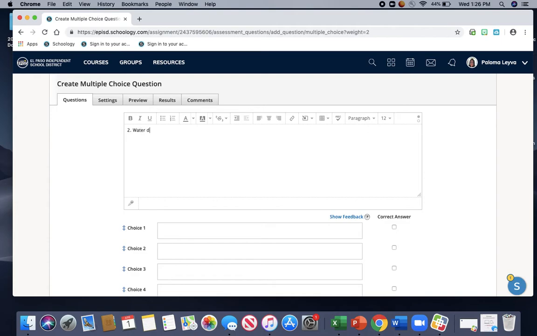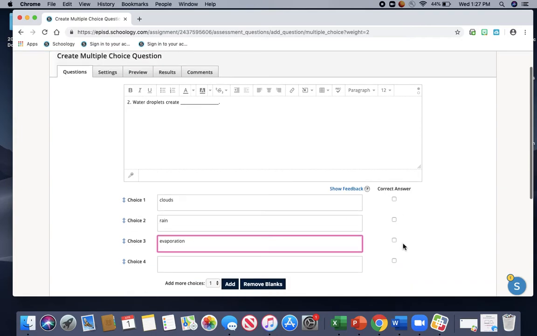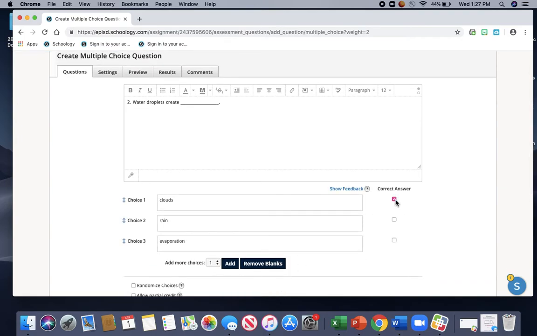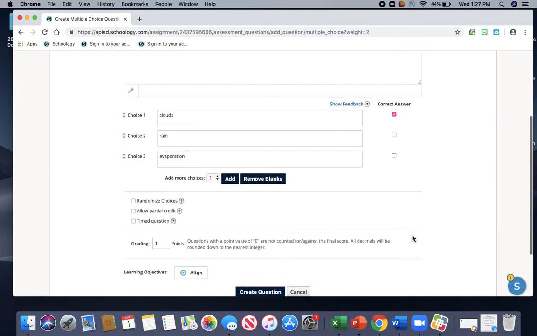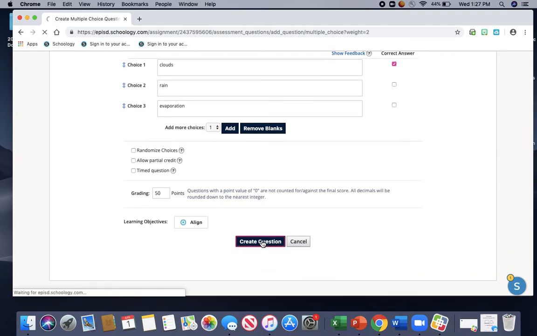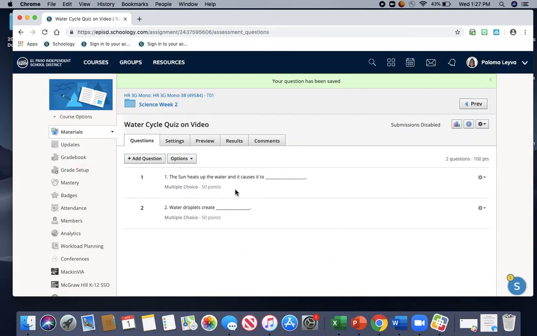Water droplets create blank. I'm going to put here clouds, rain, and let's say evaporation. I'm going to remove the blanks, click on the correct answer, give it 50 points, and create question. Okay. Now I have 2 questions, and each one is worth 50 points because I only did